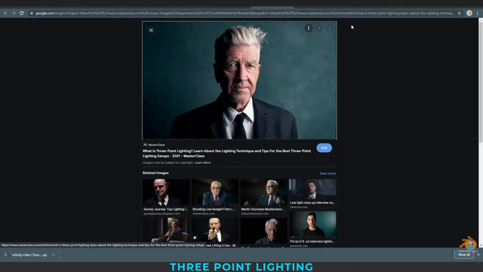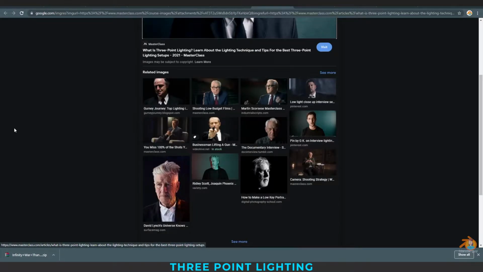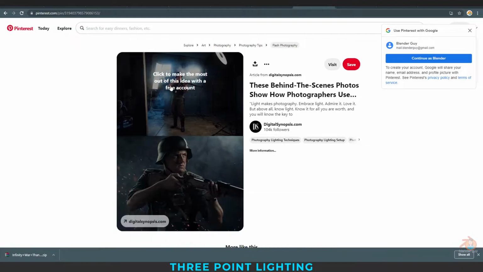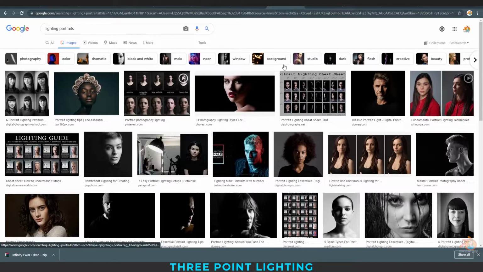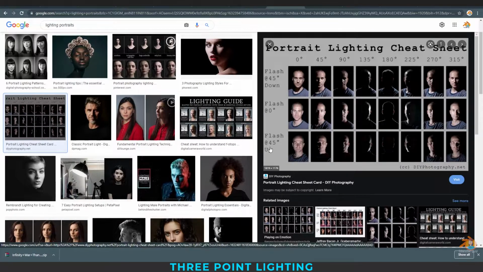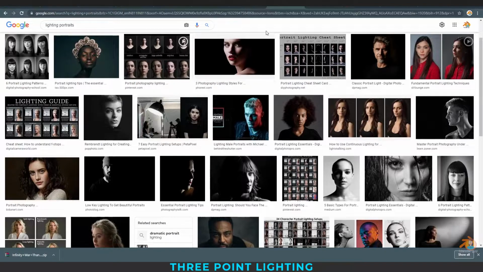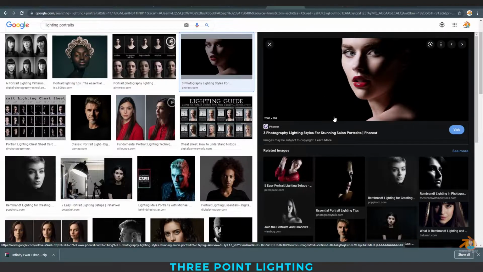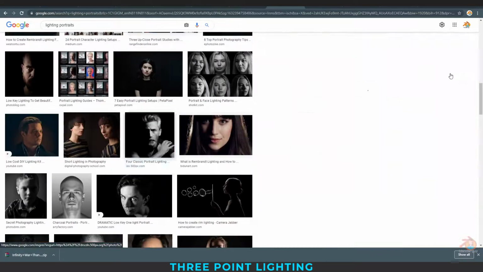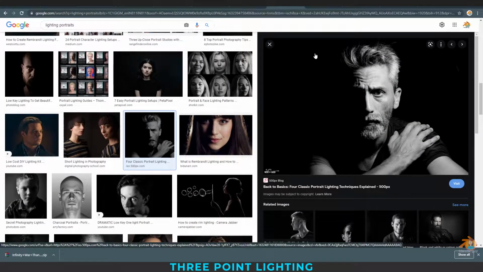Lighting plays a major role in portraits. The placement of the light shows the character of the person. You can just Google lighting portraits, then you'll know the importance of the light placement. The placement of the light gives the emotion of the photo. The placement, the angle, creating this triangle is very important. You can see the triangle here, and here, and here.